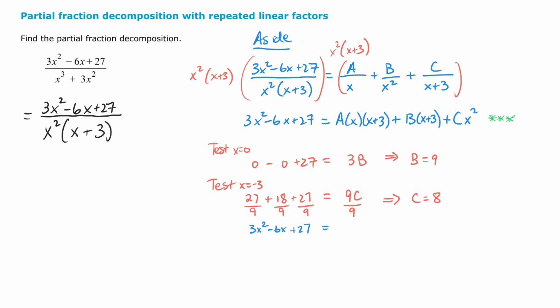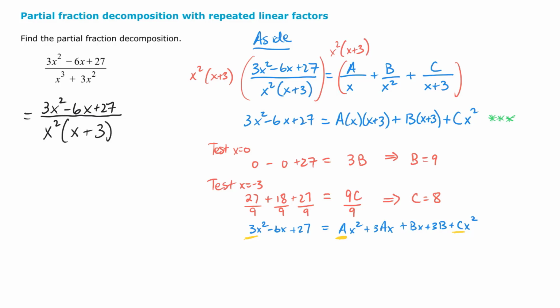So we get ax squared plus 3ax, plus a what? bx plus 3b plus cx squared. What we're going to do is do something called matching coefficients. So notice this a here and this c here, and then we have a 3 here. So if you collected like terms, you'll see that